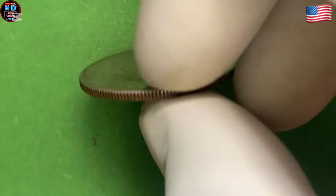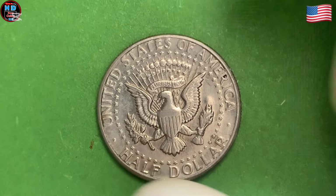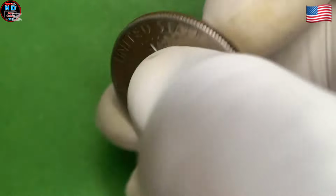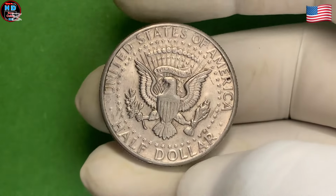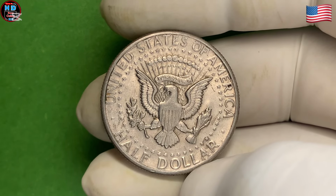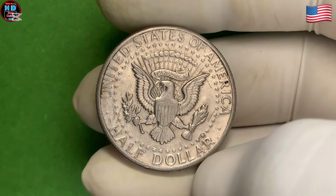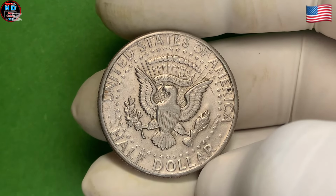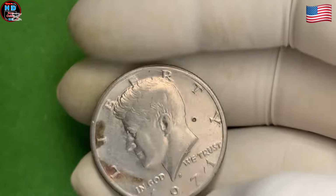Introduced in 1964, the Kennedy half-dollar was created to honor the life and legacy of President John F. Kennedy, following his tragic assassination in 1963. The coin, designed by Gilroy Roberts and Frank Gasparro, features the image of President Kennedy on the obverse and an eagle on the reverse. However, the 1971 edition of the Kennedy half-dollar holds a particularly special place in the hearts